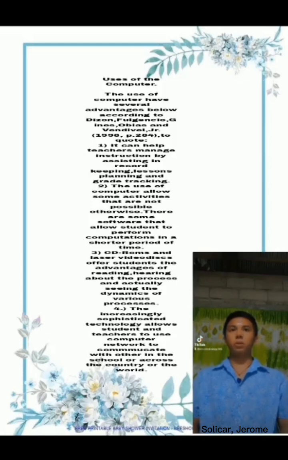Number two, the use of computer allows some activities that are not possible otherwise. There are some software that allows students to perform computations in a shorter period of time. Number three, CD-ROMs and laser video discs offer students the advantages of reading, hearing about the process, and actually seeing the dynamics of various processes. Number four, the increasingly sophisticated